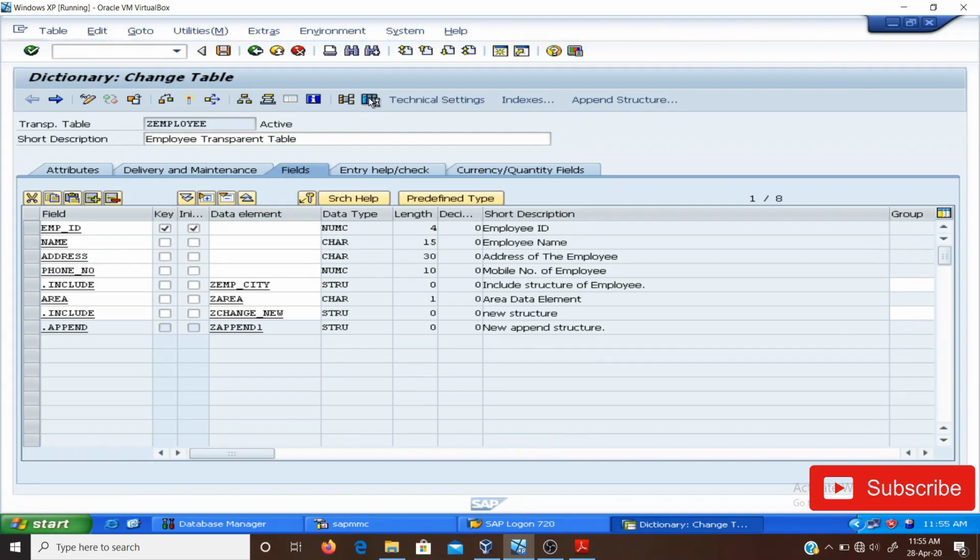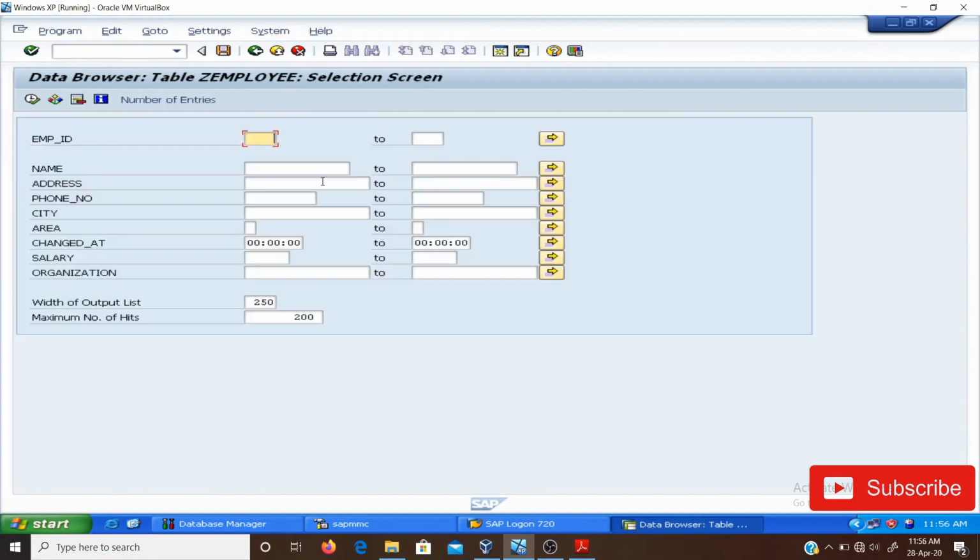When you click on it, it will populate your Z employee table. Now using the append structure, we have added two extra fields in the transparent table, and these are salary and organization, and these fields have become part of the Z employee table.